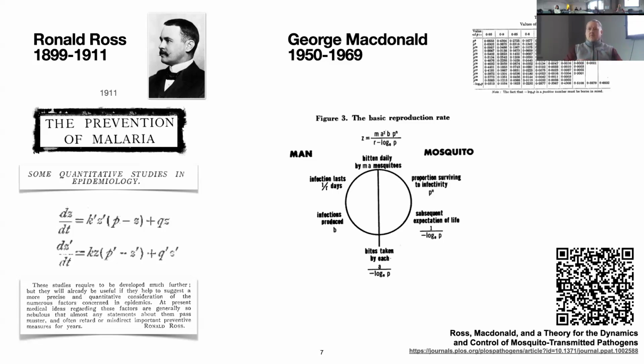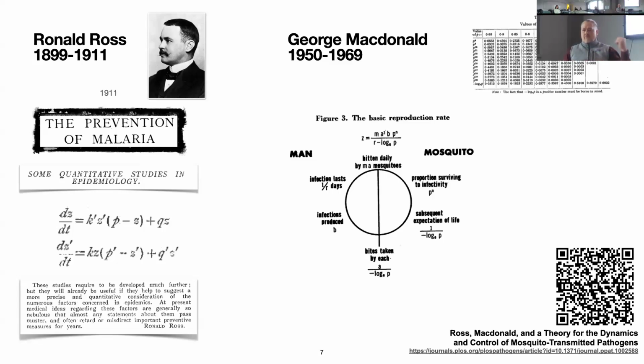So in 1908, in a book called The Prevention of Malaria in Mauritius, he publishes the first mathematical model of malaria transmission. And then in 1911, in The Prevention of Malaria, he publishes a model, and again, this is the version that appears in a Nature paper in 1911. So we have this first mathematical model describing malaria transmission, and Ross admitted fully, in the last paragraph of the paper, he says, we need to do more on this. This is just the beginning, right? And 50 years later, we have investigations that have followed up on many of these concepts.